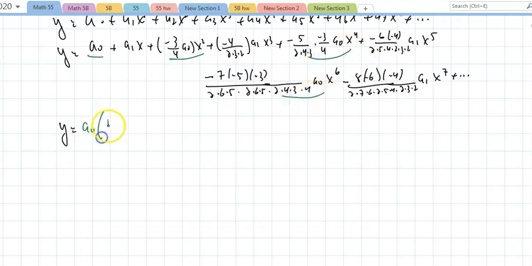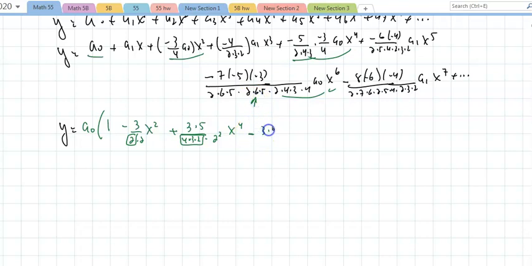a sub 0 times (1 minus 3 over 4x squared) plus 3 times 5 over 4 times 3 times 2 times, I'm going to write that as 2 squared, and here I'm going to make this 2 times, I'm trying to get a factorial out of each of those. That is x to the 4th, and if I look at x to the 6th, I'm going to say that is a negative, it's right there,